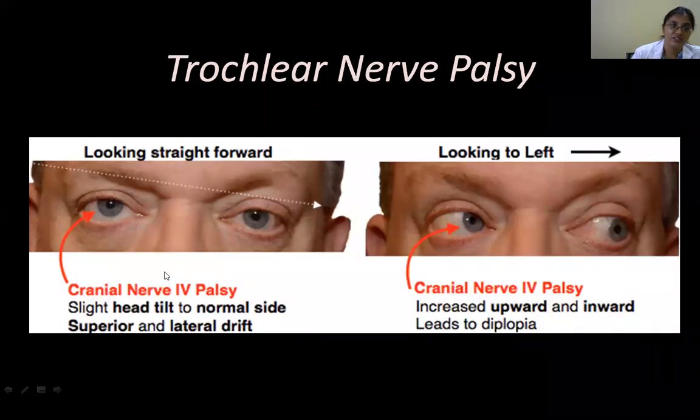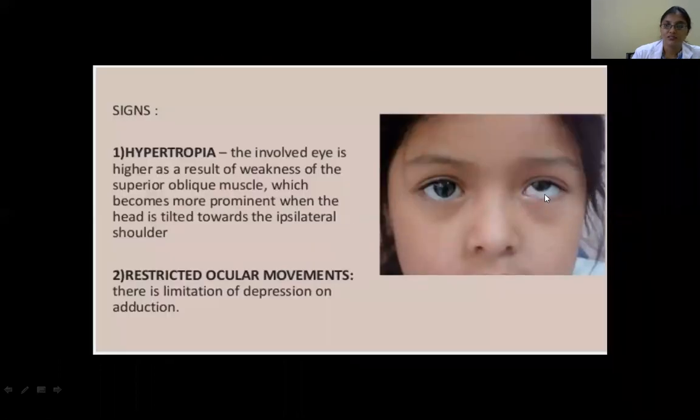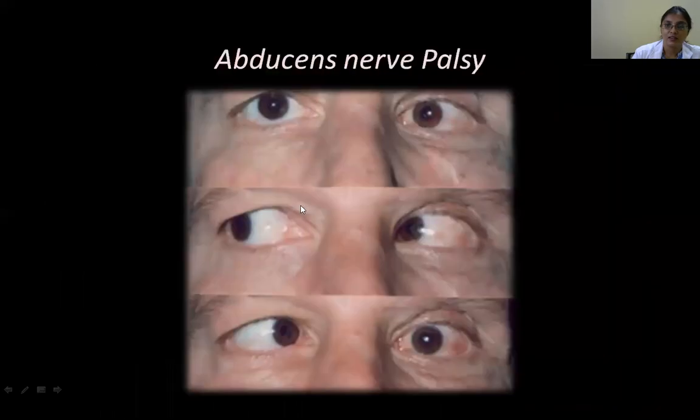And the trochlear nerve palsy here. You can see there's a slight tilt of the head. You can see the upward eye in superior oblique, trochlear nerve palsy. And then look at this abducens nerve palsy. When he's trying to look to the side, it is more medially located here, because this is an internal strabismus, or medial squint. So this is abducens nerve palsy.